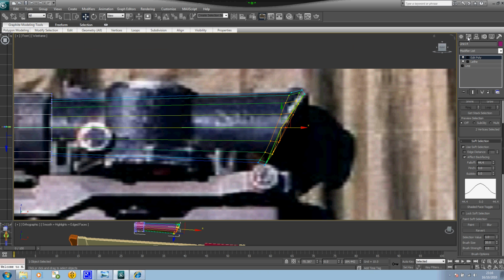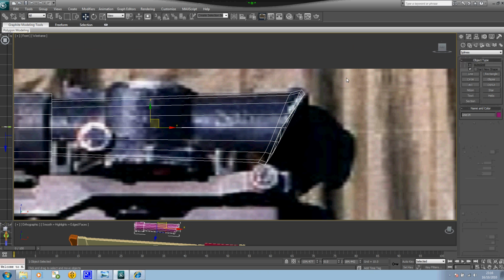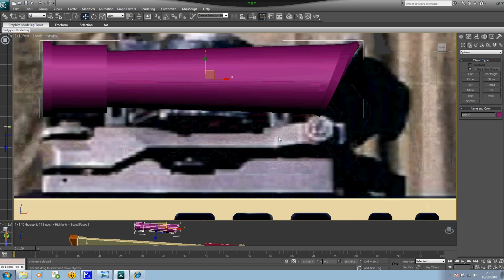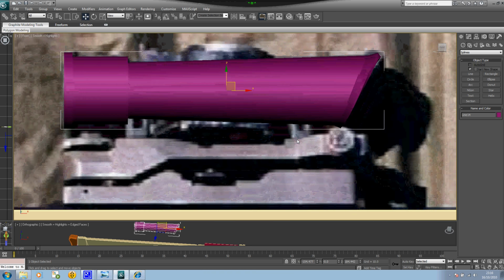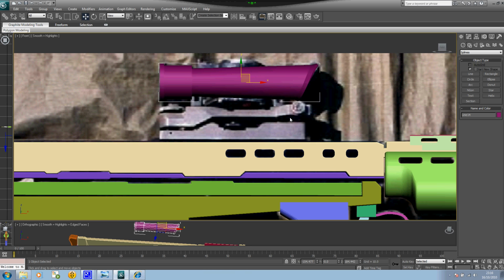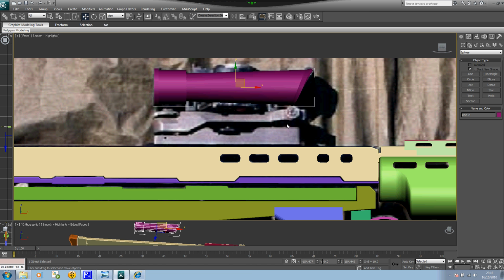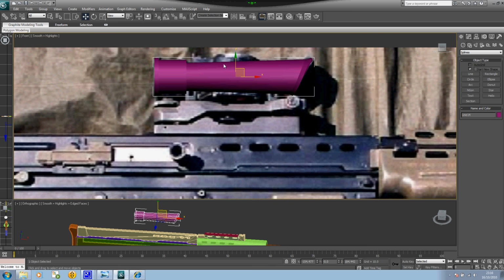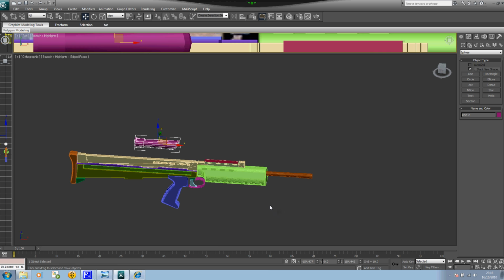And basically it's not perfect, but that's not the intention. We are not seeking perfection here. We're just trying to show you the basics on how to model something in 3ds Max, and basically this rifle at the moment. So I'm just going to go back to my top view, because I have a pivot here on the top of the rifle that I'm going to draw as well, and later on I'm just going to come to these parts. So if I go to my top view,